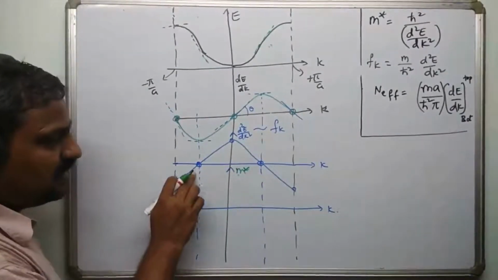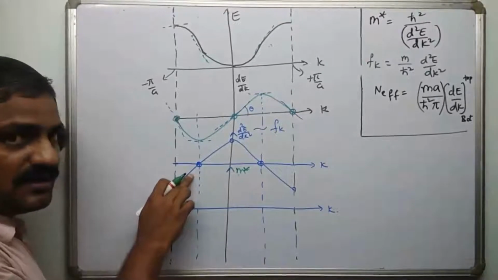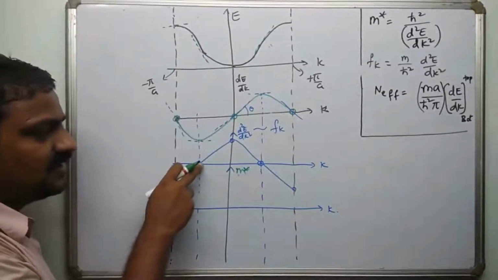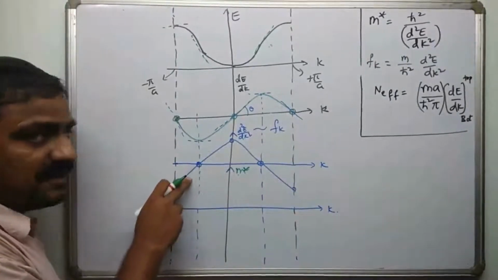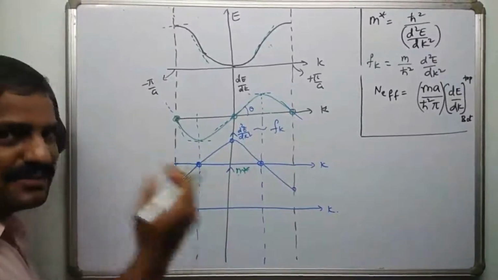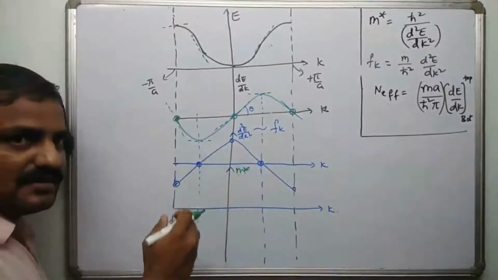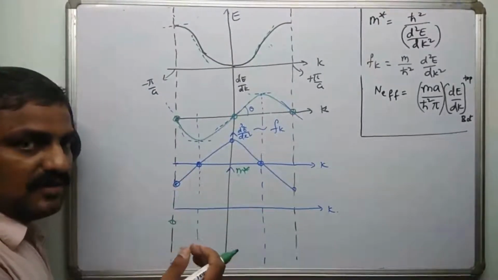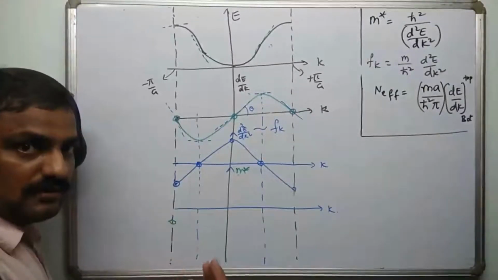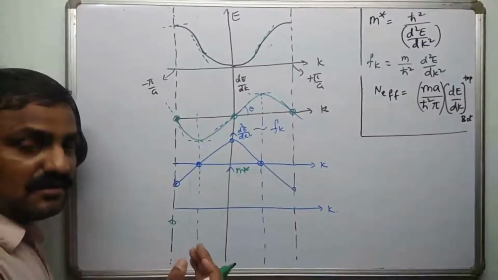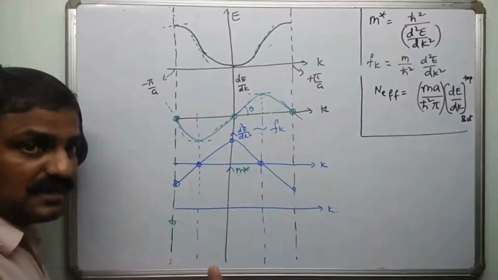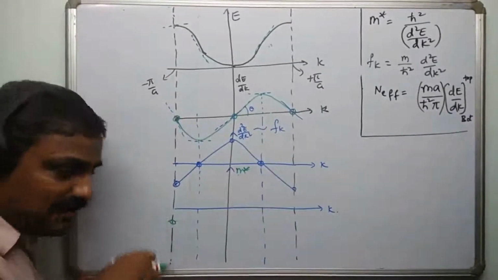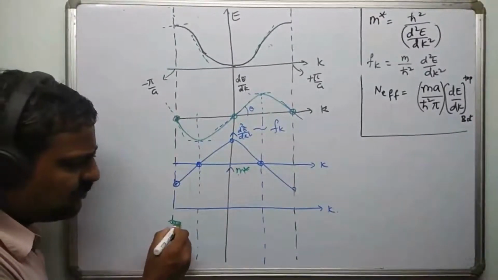And you see, this quantity is actually rising. This negative quantity, if you take this as, let's say, minus 10, this becomes minus 6, minus 4 and then back to 0. So the minus value is actually decreasing here, right? The magnitude is decreasing. So 1 by something which is decreasing. So 1 by minus 10 is minus 0.1. 1 by, let's say, minus 1 is minus 1. So between minus 0.1 and minus 1, minus 1 will be much lower than minus 0.1. So like that the graph goes this way.